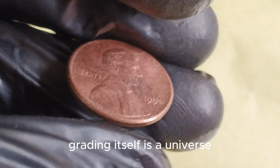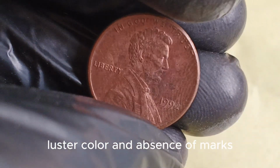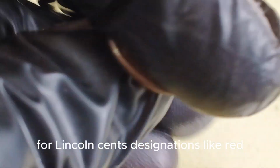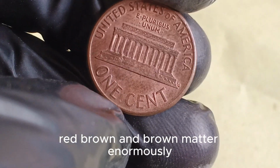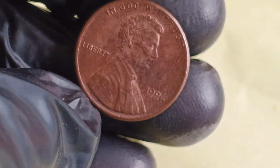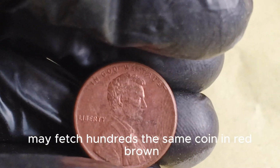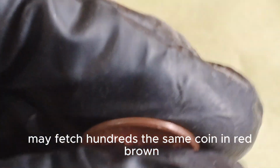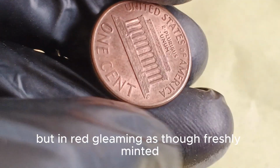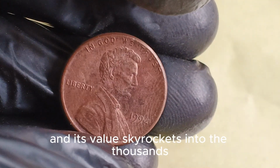Grading itself is a universe. Coins are judged on strike quality, luster, color, and absence of marks. For Lincoln cents, designations like red, red-brown, and brown matter enormously. A 1992 close AM in brown, meaning mostly toned with little original copper glow, may fetch hundreds. The same coin in red-brown, partially brilliant, might bring more. But in red, gleaming as though freshly minted, it becomes a jewel, and its value skyrockets into the thousands or